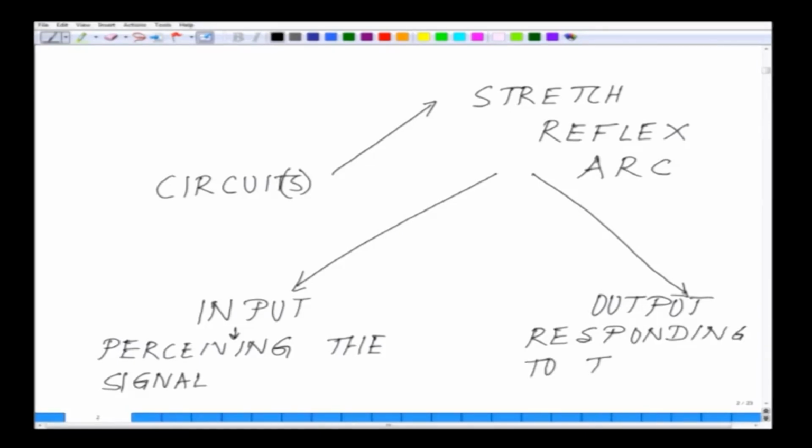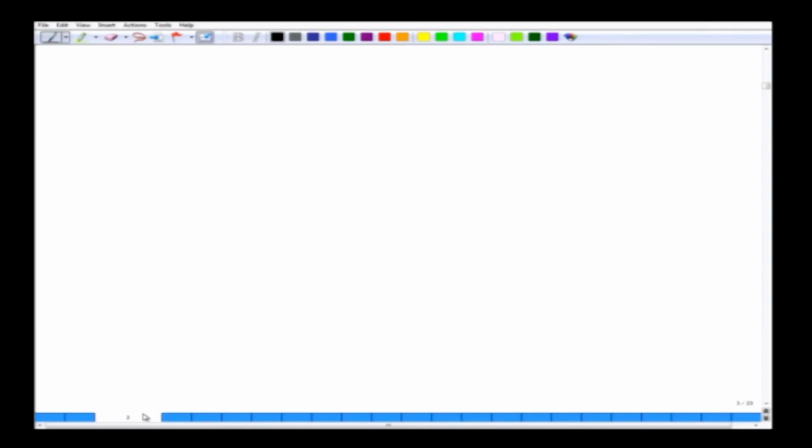Responding to the signal. Okay. So, now what we will do after this, before drawing it out, let me give you an explanation of